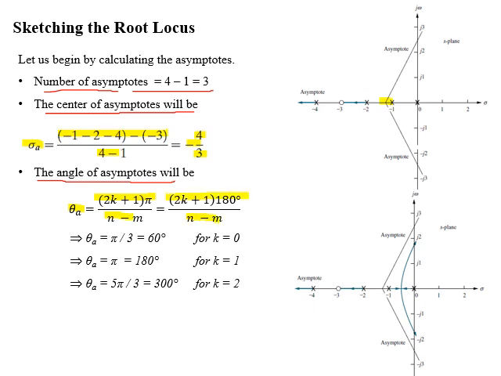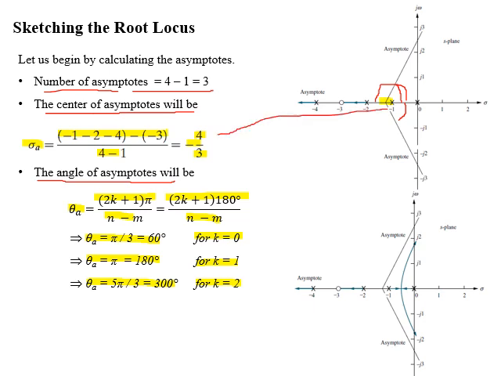If k is equal to 0, the angle of asymptote will be pi divided by 3 radians or 60 degrees. For k equals 1, the angle of asymptote will be 180 degrees or pi radians. And for k equals 2, the angle of asymptote equals 5 pi over 3 radians or 300 degrees. Now if you look at figure A, we have drawn 3 asymptotes with the angles of +60, 180 degrees and 300 degrees or -60 degrees,